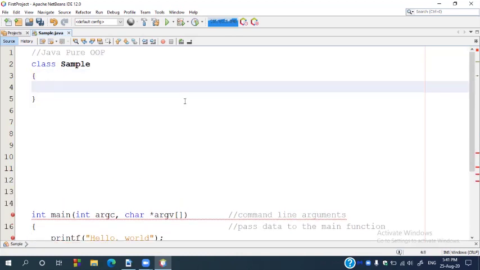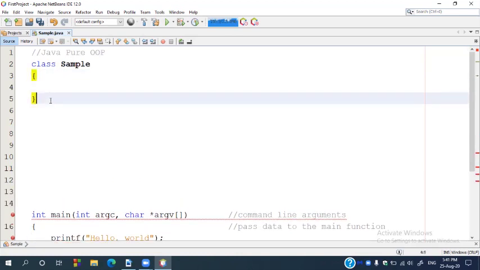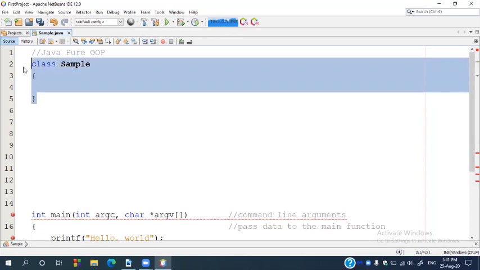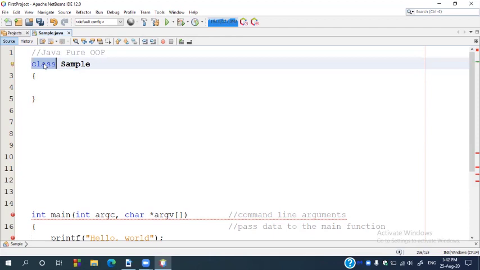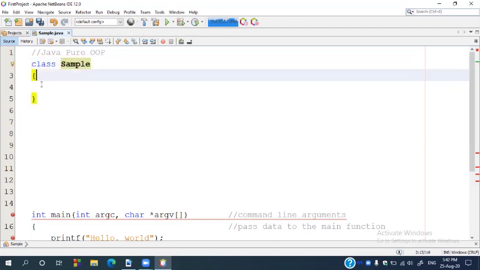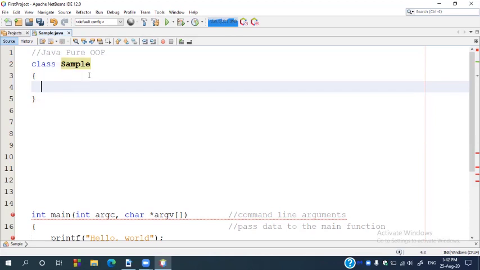Okay, so this is the example of creating a class. The syntax is a class keyword, this is a keyword, and the name of the class followed by the curly braces. Whatever code you would like to write within the class, you have to mention in between the curly braces. I would like to write a main method, a main function, and the return type of the main function is void.